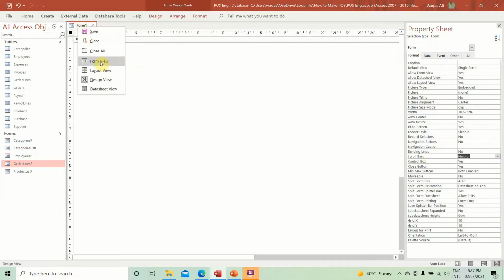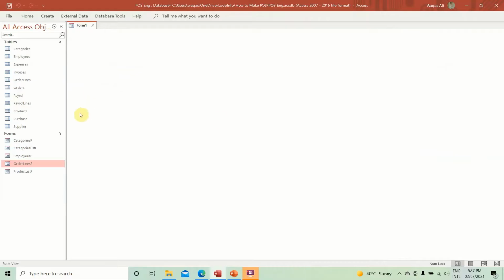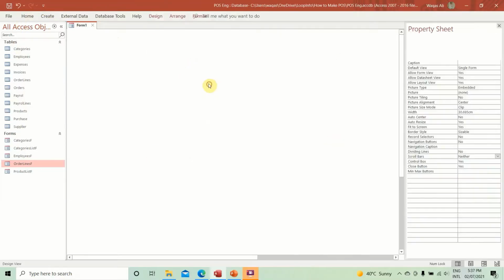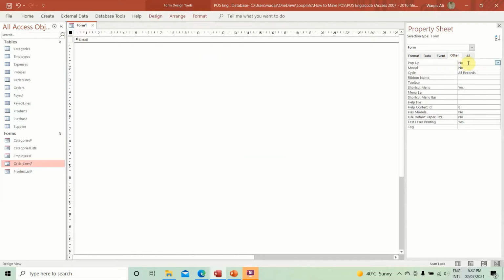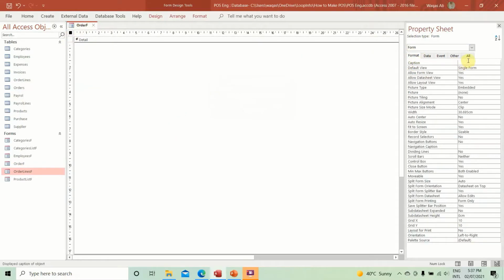Right click and let's see the form view. Now it's cleaned up, but as I mentioned, I would like this form to open in full screen mode. So let's go ahead and do that, and to do it we'll go to Pop Up, we'll make it Yes, and Modal we'll make it Yes as well. Let's go ahead and save the form. So we'll save it as order F, so order form. Okay, that's the form name, and we'll change the caption,